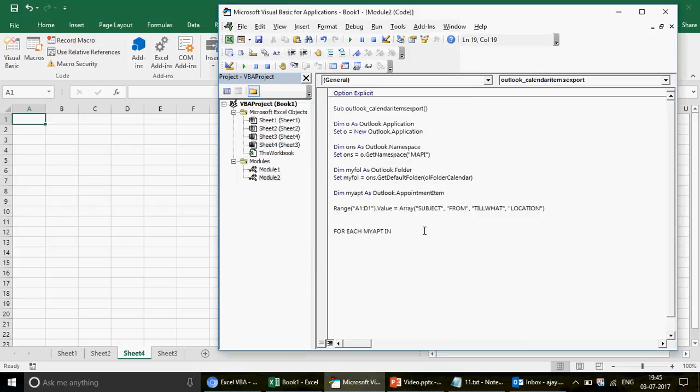Okay, so for each appointment in my calendar, right? So what is your calendar basically? Your calendar, actually your folder, is this one. So my folder is the folder which deals with this calendar. You're going to write here Items, okay, and then next. There we go. So you should read it like this: for every appointment in the folder which is my calendar, in that calendar, the number of items